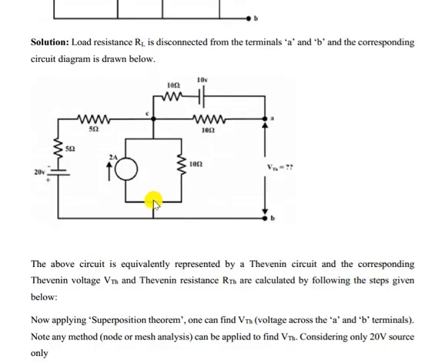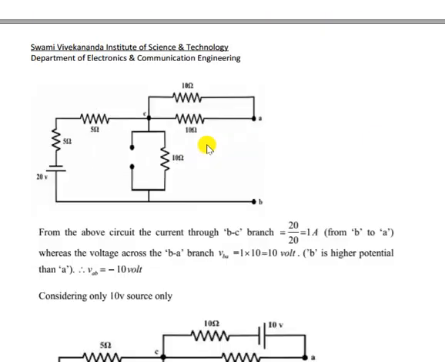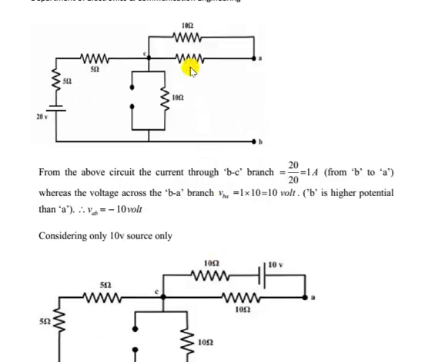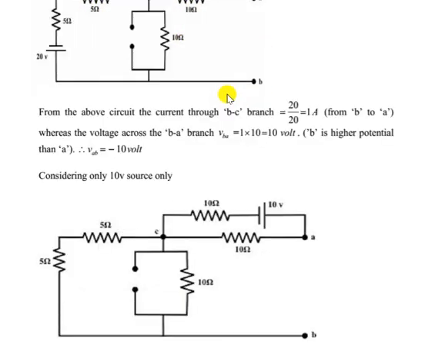So now, to find that, say I am deactivating these two independent sources. So this is open circuited, this is short circuited, so you get this kind of circuit. Then what is the current flowing through this branch? 10 ohm. That is 20 divided by total resistance, that is 5 plus 10 plus 10, 20, so 1 ampere, and the direction is this way. So what is the voltage drop across this? That is 10 volt, which is nothing but B to A. So VAB, A to B, is minus 10 volt. Now why is there no drop here? Because no current will flow here, as this is open circuited.